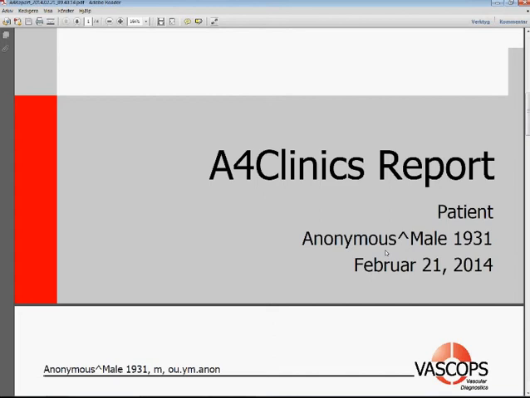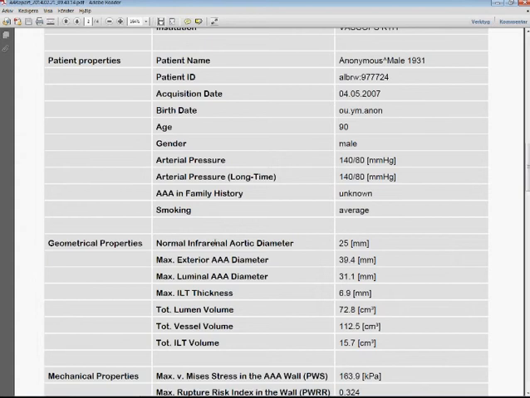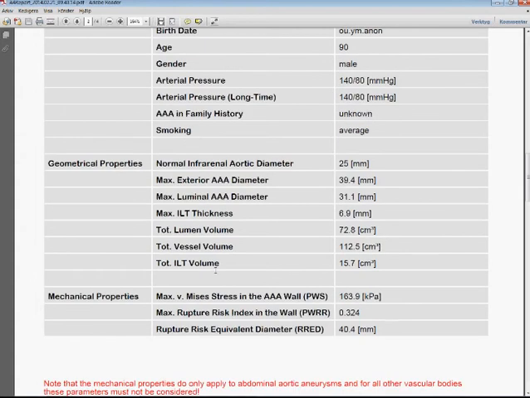So you see as first the summary of the input data. So this is the information you put into this individual analysis. Then the next block here are geometrical properties, and these geometrical properties